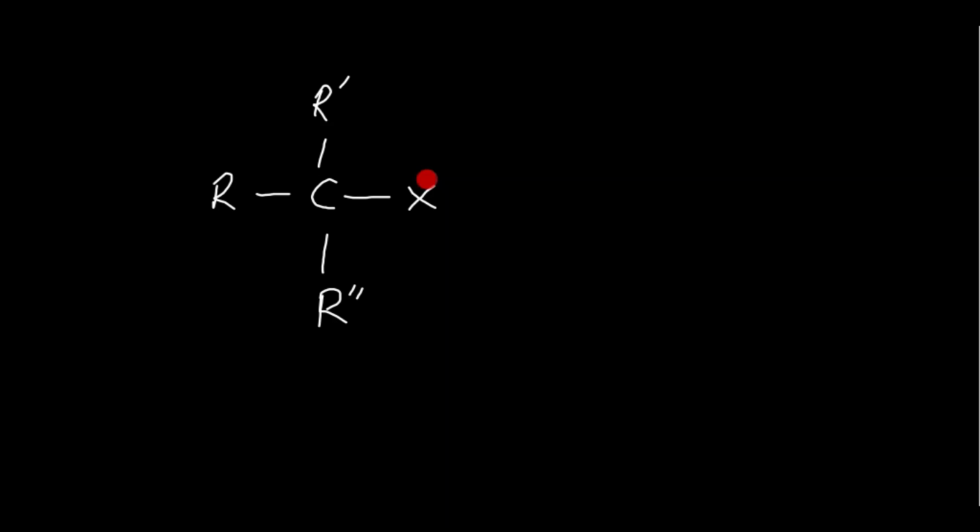Now, what is the nature of this carbon, students? Halogen atom is attached with this carbon. Yes, this carbon is tertiary carbon. How can we say that this carbon is tertiary carbon? Since this carbon atom is directly attached with 1, 2, 3 more carbon atoms. So that's why this carbon is tertiary carbon. Since the halogen atom is directly attached with tertiary carbon, this alkyl halide is tertiary alkyl halide. Tertiary is usually shown with 3 degree.